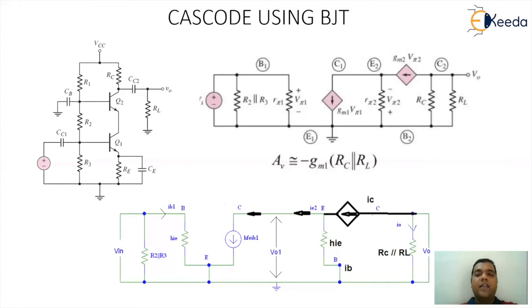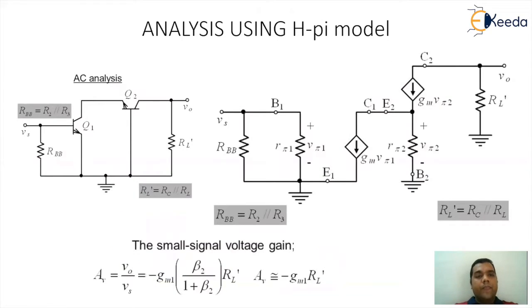The value of your gain in both the cases will also be same. So that's the logic of getting the total voltage gain of the cascode network. Now, if I go for the equivalent circuitry shown, you can see the Q1 and the Q2 transistor, one in common emitter logic, other one in common base logic. The input impedance will be in the form of R2 parallel R3, and the output impedance will be in the form of RC parallel RL.